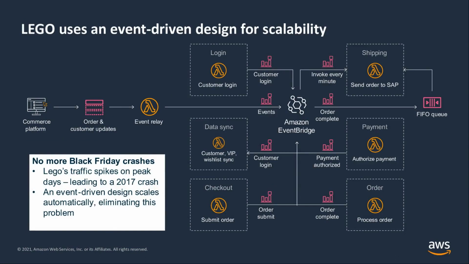So let's take a look at a customer use case. Lego, everyone knows Lego. Lego builds with an event-driven design, and they do it nearly all on EventBridge. Lego is an AWS customer. Back in 2017, Lego had a monolith architecture. But after a Black Friday sale crashed their entire system, unfortunately, they were looking for something more scalable and resilient. So they began decoupling their backend and building an event-driven serverless application, and succeeding.